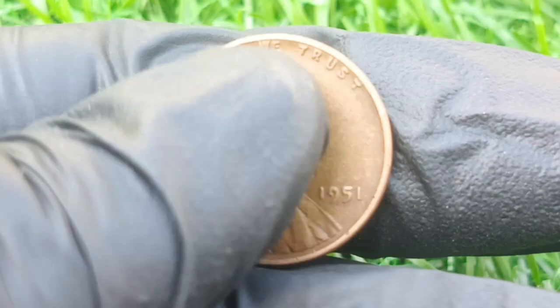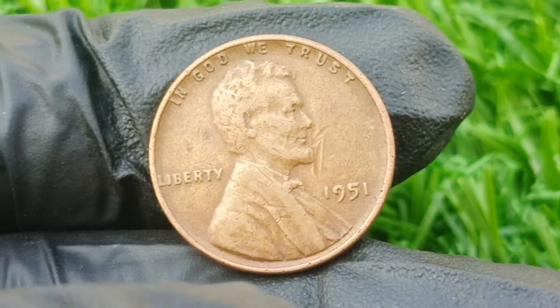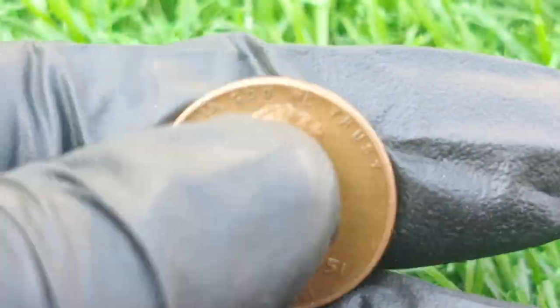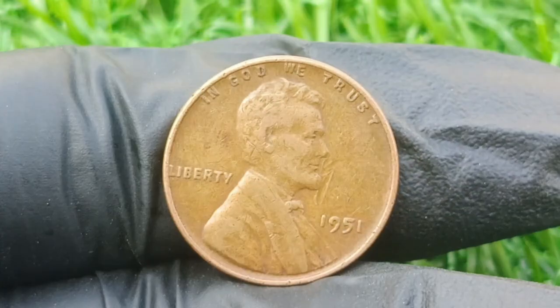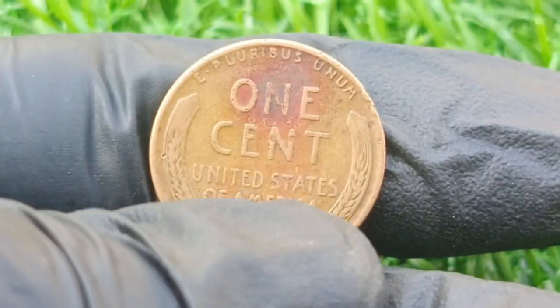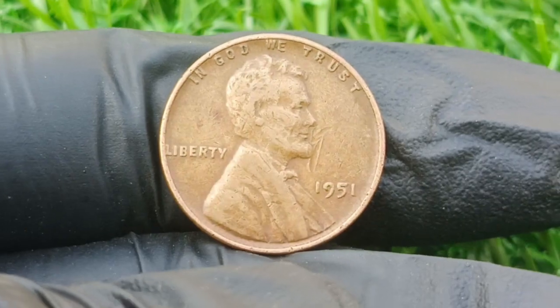The condition grading story for the 1951 wheat penny is also deeply compelling. Because these coins were produced in such enormous quantities and circulated so heavily throughout the 1950s and 1960s, finding a 1951 wheat penny in true mint state condition is already a challenge. Finding one in MS65 or above with full original red luster, meaning it has retained the bright copper color it had the day it left the mint, is a genuinely difficult task that requires years of searching and no small amount of luck. But finding a 1951 wheat penny with a significant mint error in MS65 red or higher is